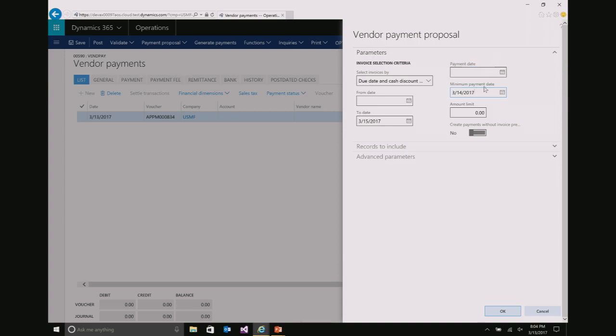Most users have that set that way, but we do have some confusion around that minimum payment date and what that actually does. Yes? Have you ever thought about having a parameter that would populate the payment date with the last date? Because that is an issue that always comes up about that being blank. The first thing they do typically is sometimes they might want to date it the next day, but